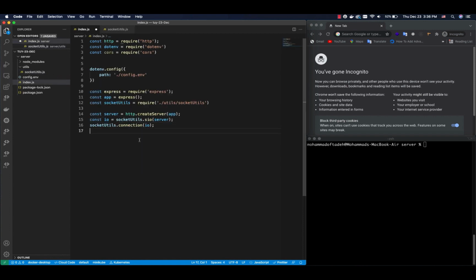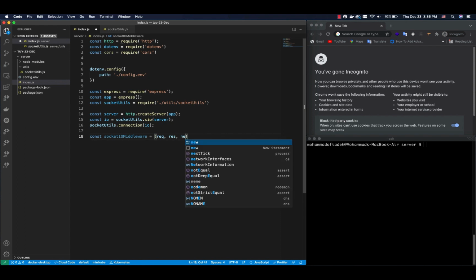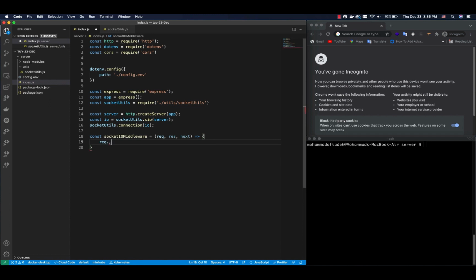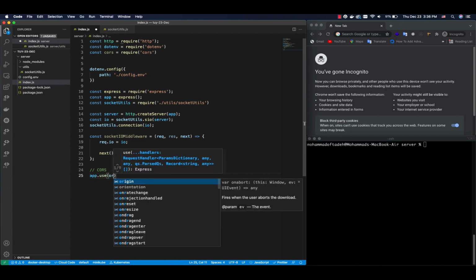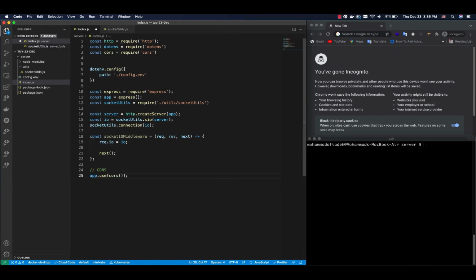Okay, now create a middleware, socket.io middleware for handling socket.io, and emit an event into the routes. Request, response, next, and request.io equals io and call next. Okay, add a new middleware, cors, app.use cors module, pass the cors module for handling cors policy, and